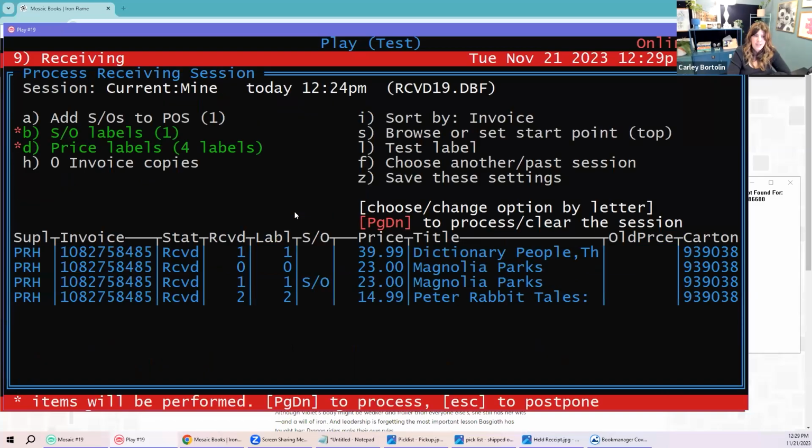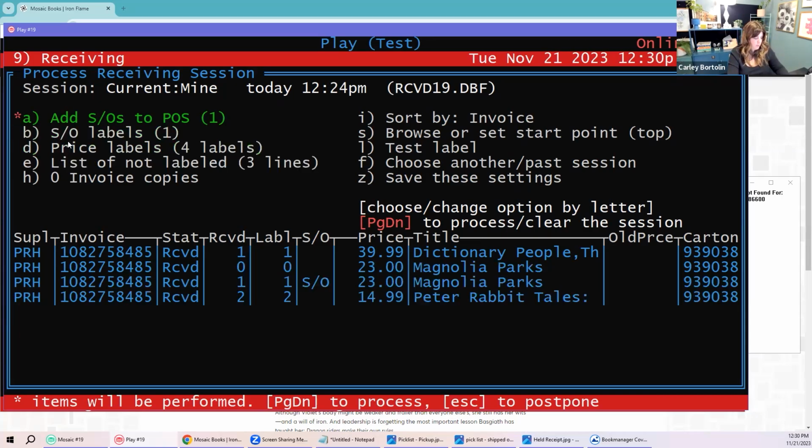So here we're going to press page down, and what Bookmanager lets me know is I have, I'm actually just going to change these settings here just a little bit. There we go. So it lets me know that I have a special order that needs to be posted to the point of sale. This is a very important thing because